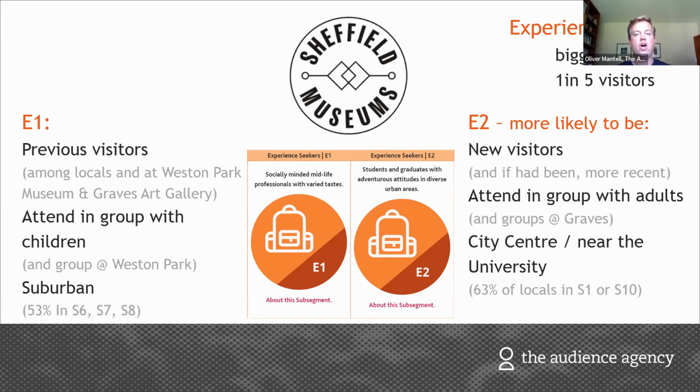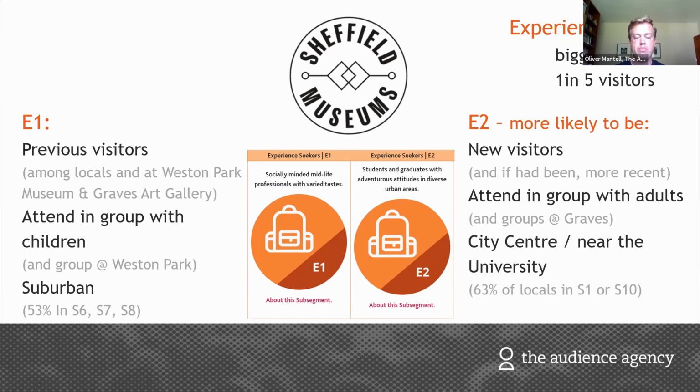And interestingly, although E1 were more likely to have been to the Graves Art Gallery, E2 were more likely to attend in groups there. So again, it suggests maybe a bit of a shift where people are exploring together with friends, as opposed to, I don't know, maybe long-term habitual visitors making these kind of solo trips. So we saw very much a difference in behaviour, and linked to that,